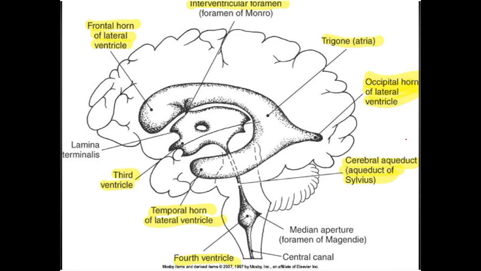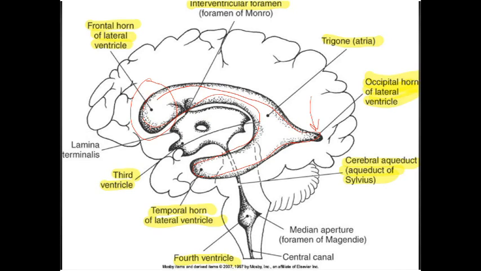So this provides you with a little indication of where the ventricles are actually located. If we take notice, this huge, almost C-shaped area is the lateral ventricle. And so we see that we have the occipital horn, which as the name implies is going towards the occipital lobe or the posterior lobe. We have the temporal horn, which as we can see, resides in the temporal area of the skull. Then we have the frontal horn,